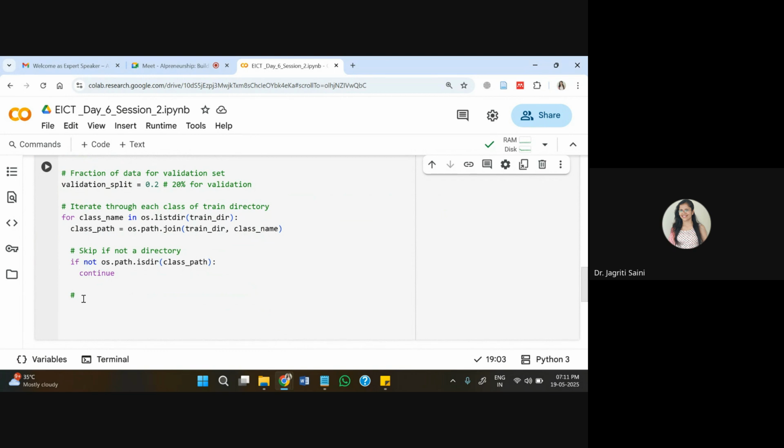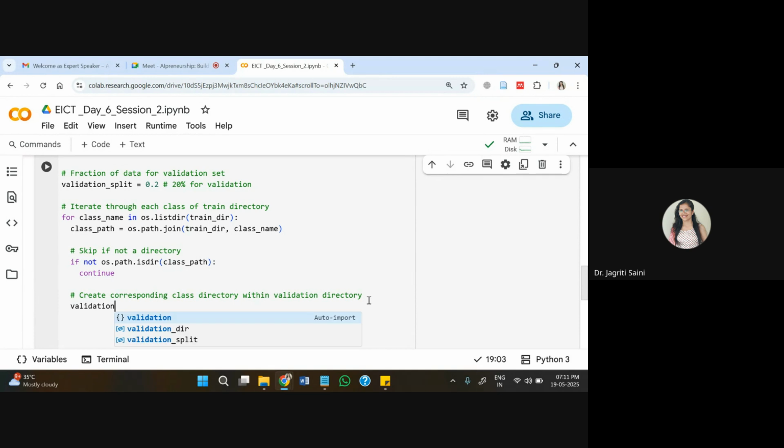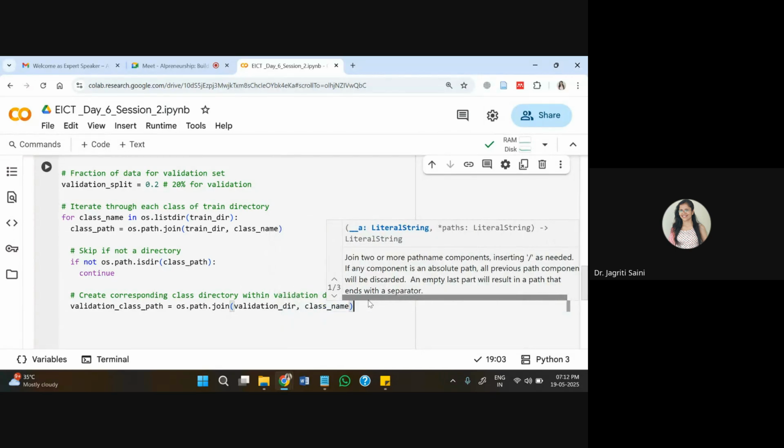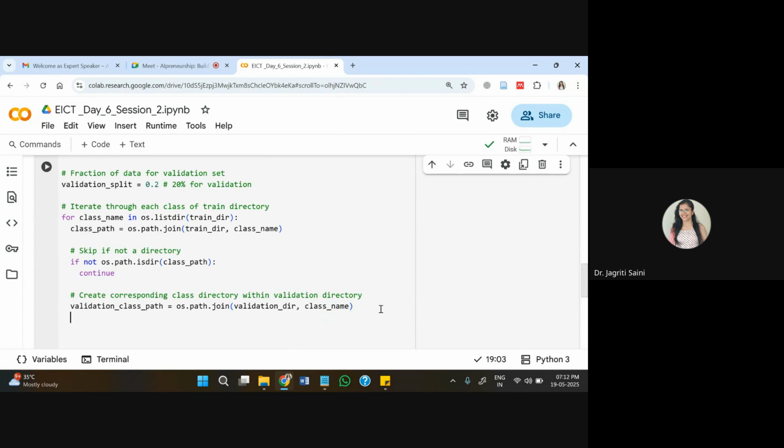So here I'll write create corresponding class directory within validation directory, so that the two folders for the classes can be made accordingly. So what we will write here, same as what we have done earlier, validation class path I'm adding here, and os.path we need to join for this validation directory, and then class name, means these two things we need in the validation directory.